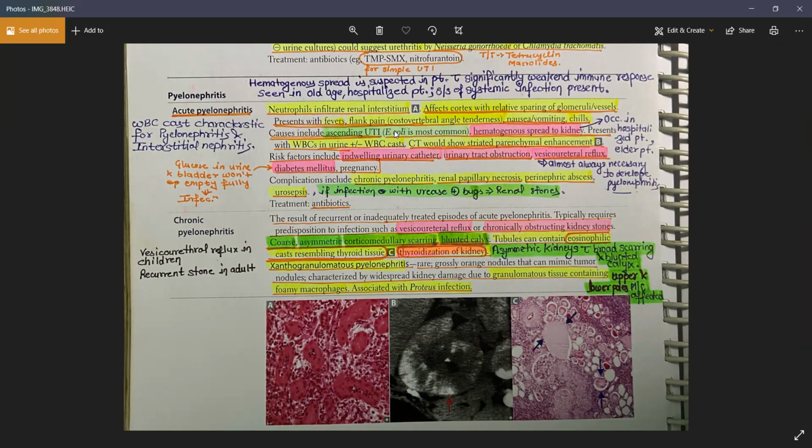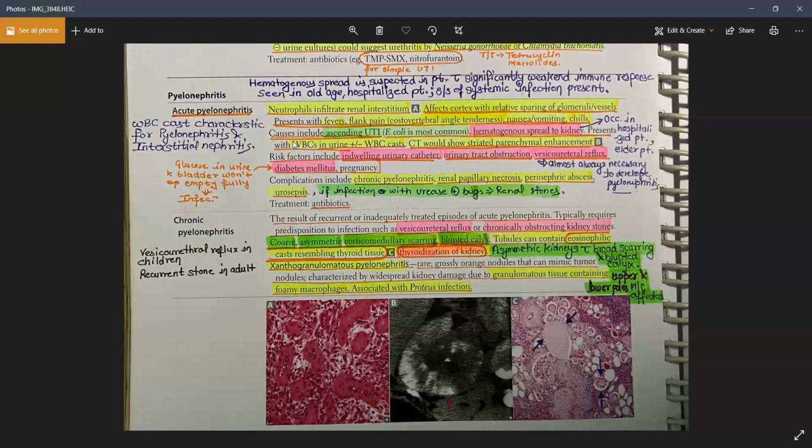For having an ascending UTI, you need to have one thing for sure, and it is important. You must have vesicoureteral reflux, because without any reflux, the bacteria cannot pass from the urinary bladder into the ureter, right? So the patient must be having a history of reflux. It is a must. This reflux is always required in order to get an ascending UTI.